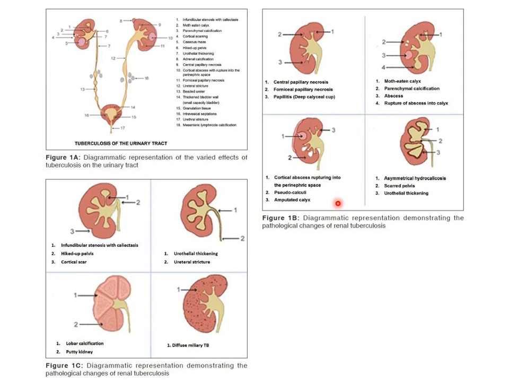About the genitourinary system, we have renal TB. This is also common in our locality. The first involvement will be in the minor calyces. There will be erosion and papillary necrosis, leading to calyectasis and a moth-eaten appearance, and there will also be